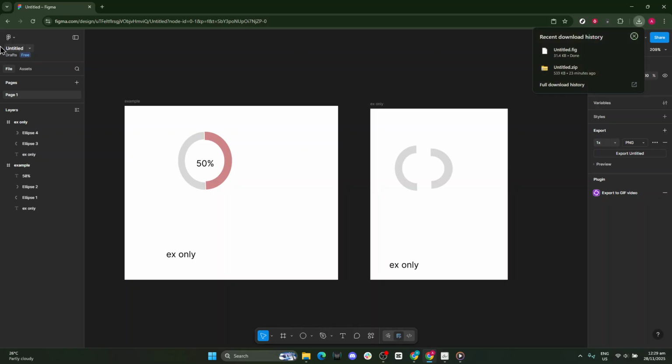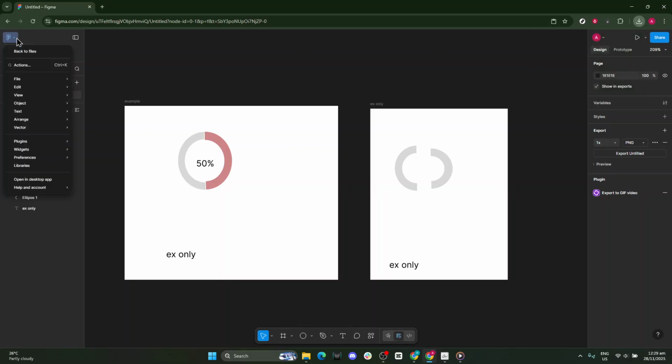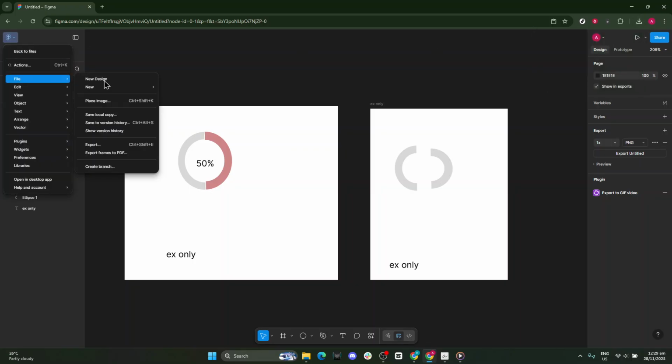And that's it. Click the Figma icon on the left side, then click Save Local Copy. You now have a reliable local backup of your design,